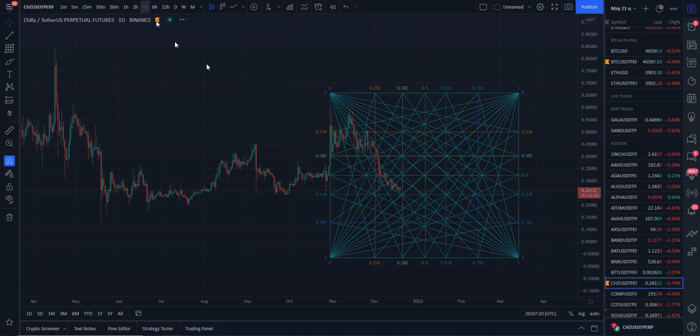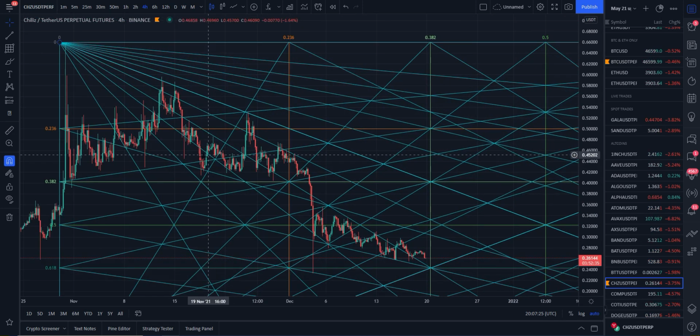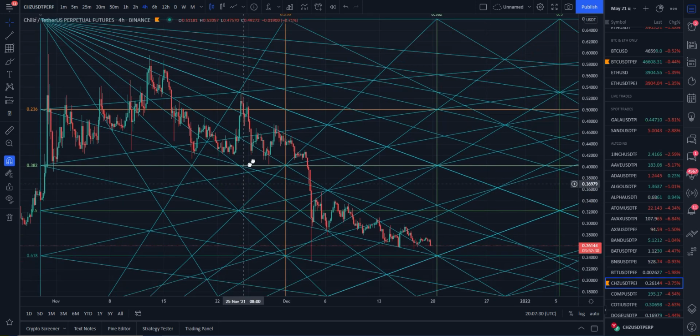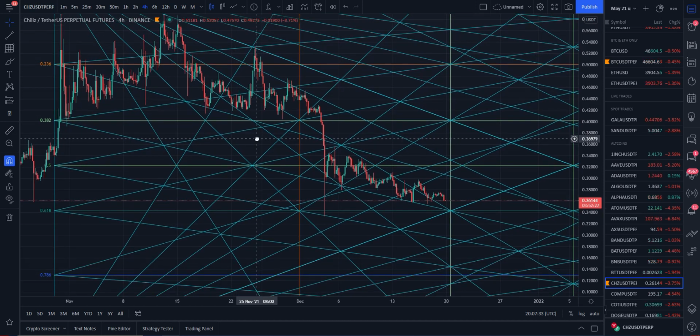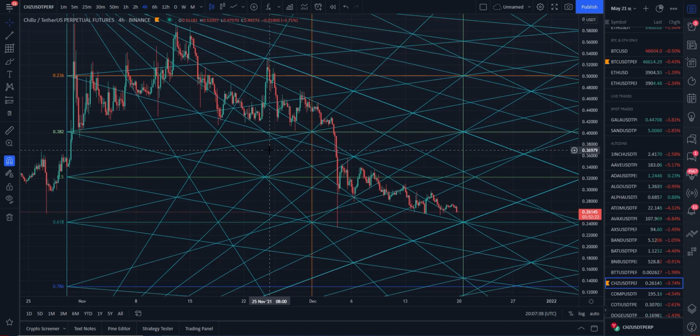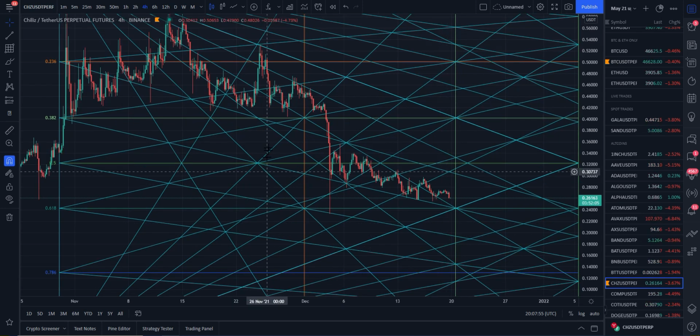So let's drop down to the 4 hour and get a bit more of a closer view of what's going on, what's happened. So you can try it a couple of times, you know, some different ratios or whatever, but usually the same outcome will happen, which I suppose adds weight to the power of these Gann boxes. They'll always seem to kind of find or line up with levels of visible resistance or support on price, which just means that when you do get future price action, usually you can use these Gann lines to help find